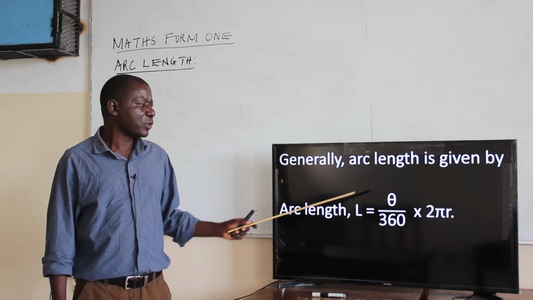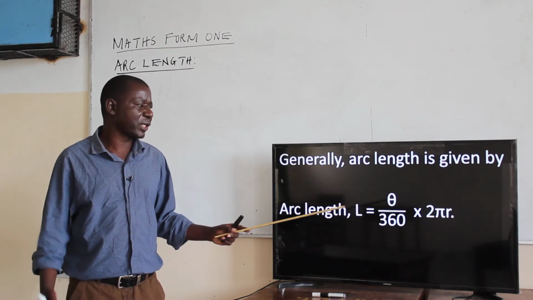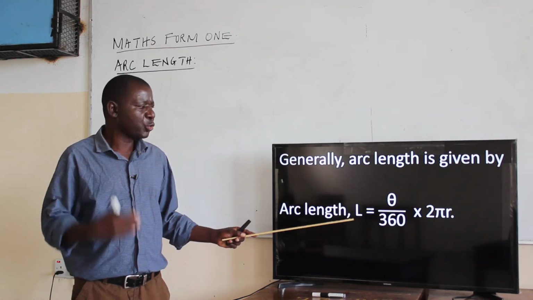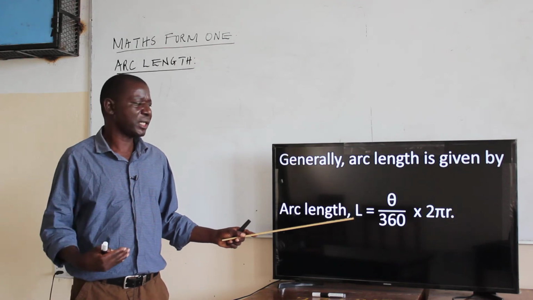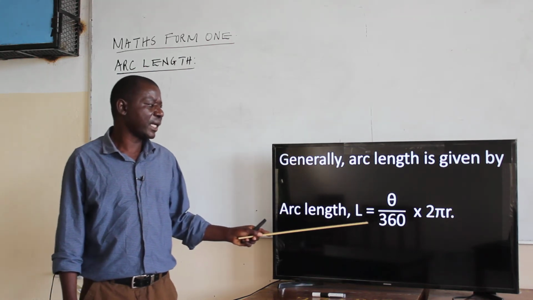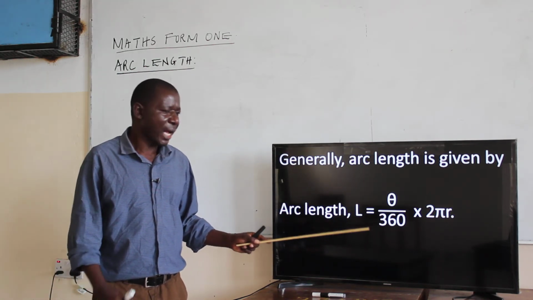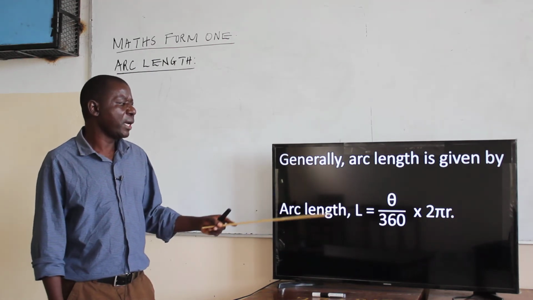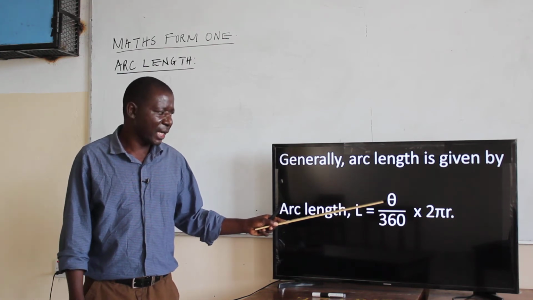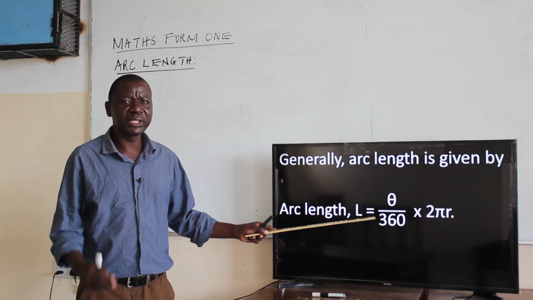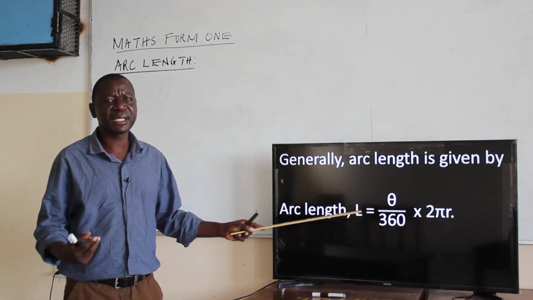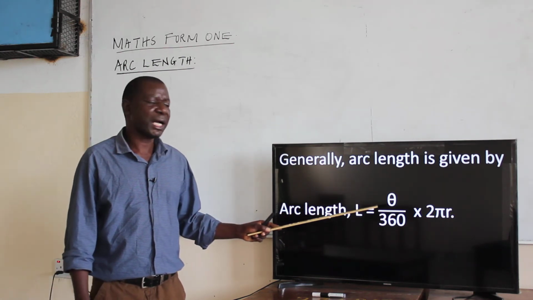Because the arc length is just a small section of the circumference, it is going to be given by the fraction out of that whole circle. The angle making a whole circle is 360, and a small section of the circle will be made by a certain angle, theta. So if we take that angle theta, divide by 360, it will give us the fraction of that circle, and therefore also the fraction of that circumference.